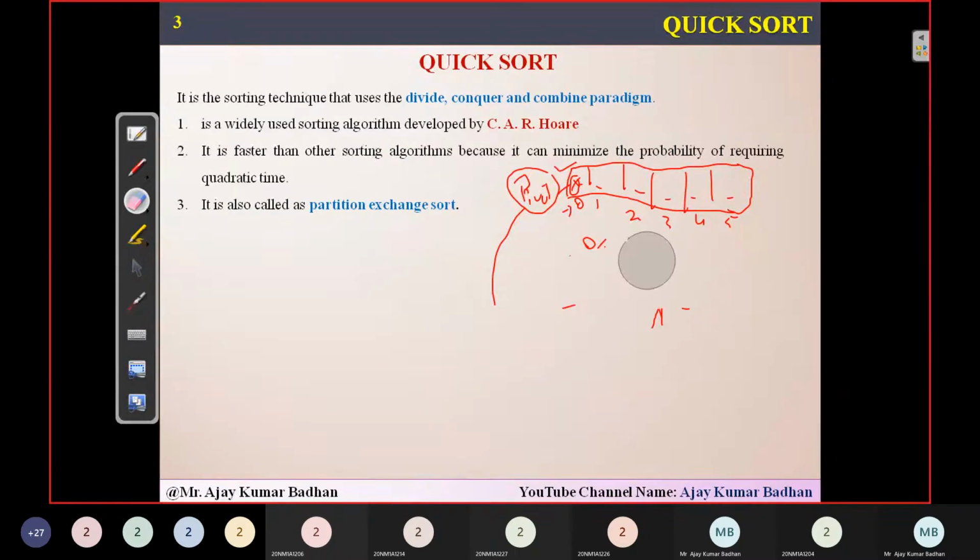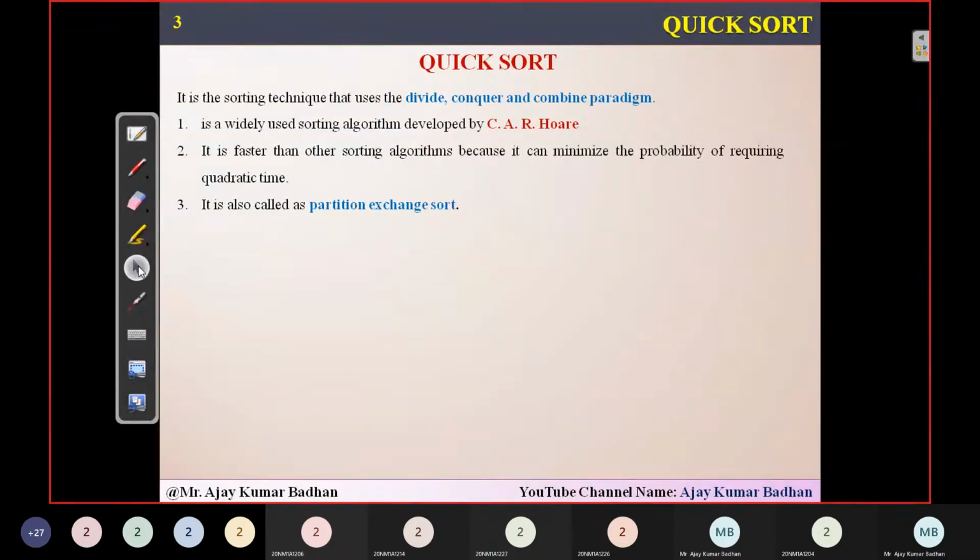I will explain it so that people can understand it. That's why it is called partition exchange. We'll simply partition the array into two halves, then again we'll partition it based upon the pivot point we are selecting here. Pivot we usually call it, and when we apply it in programming we will use a value called location, and based on that we'll be performing it.